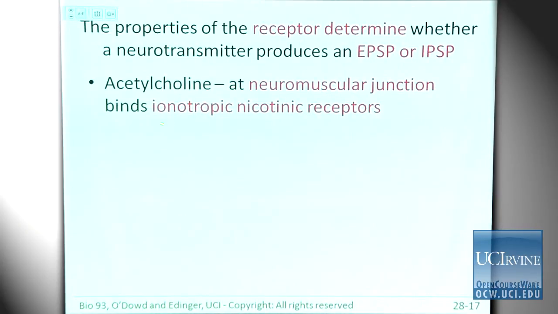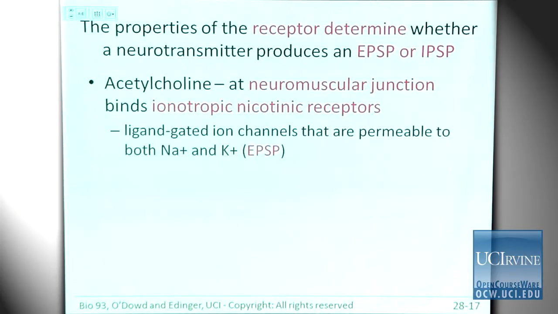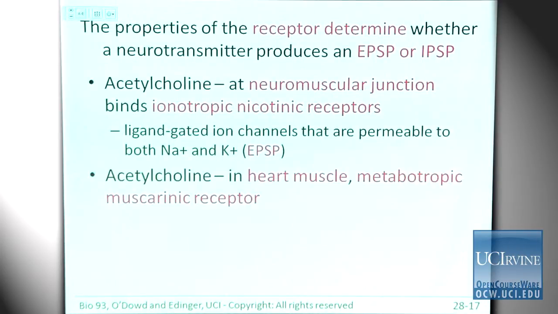They're ionotropic, so they themselves are ion channels, and we call them nicotinic because they bind nicotine. These are ligand-gated ion channels. The ligand is acetylcholine, and they're permeable to both sodium and potassium,